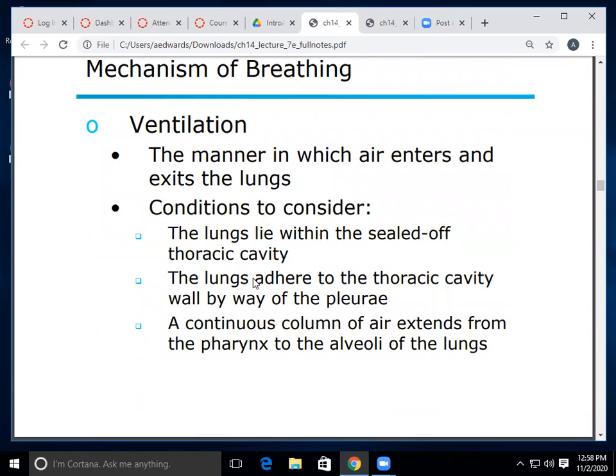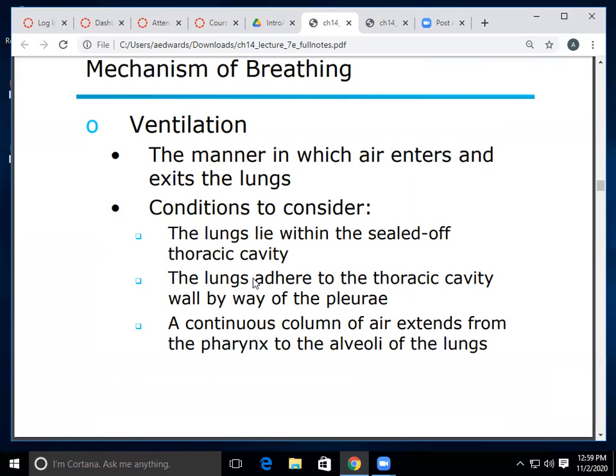All right, let's talk about breathing. So breathing involves what we call ventilation, and it's basically how air gets into your lungs and how air gets out. So things you have to consider when it comes to ventilation